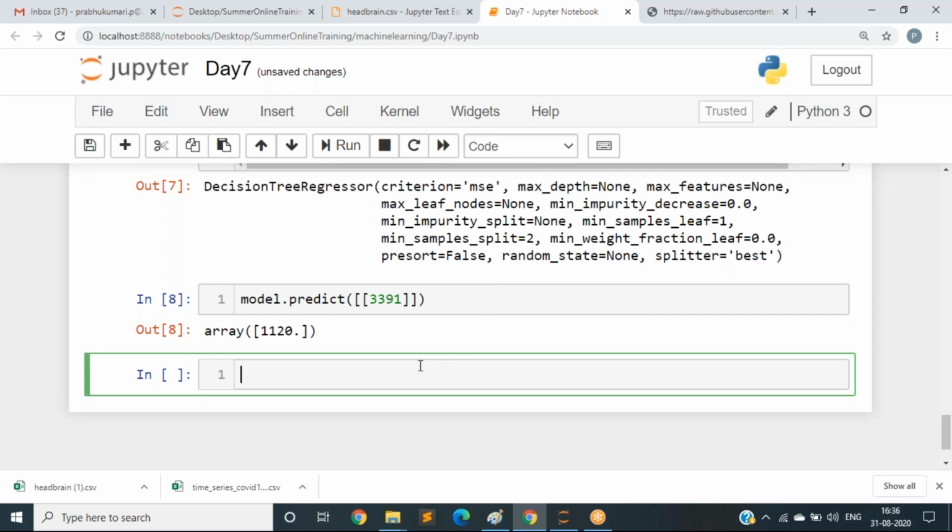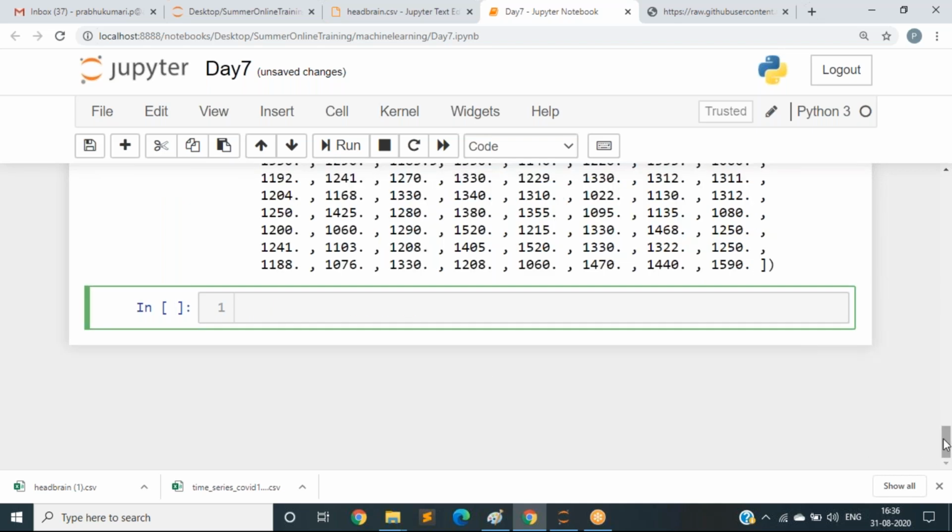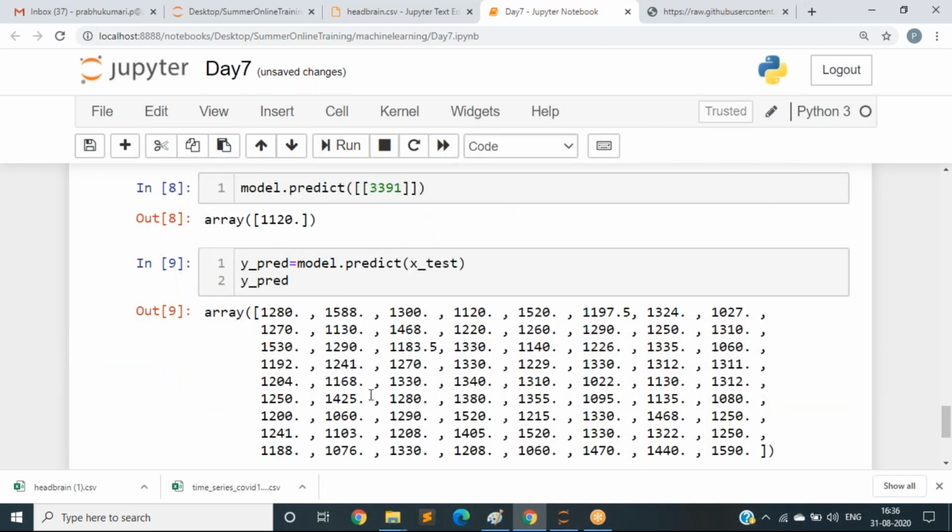Okay, let us see the values. To predict the values here, y_predict equal to model dot predict of X_test. I am predicting the testing values here, and let us print y_predict. These are the prediction values that it has predicted.